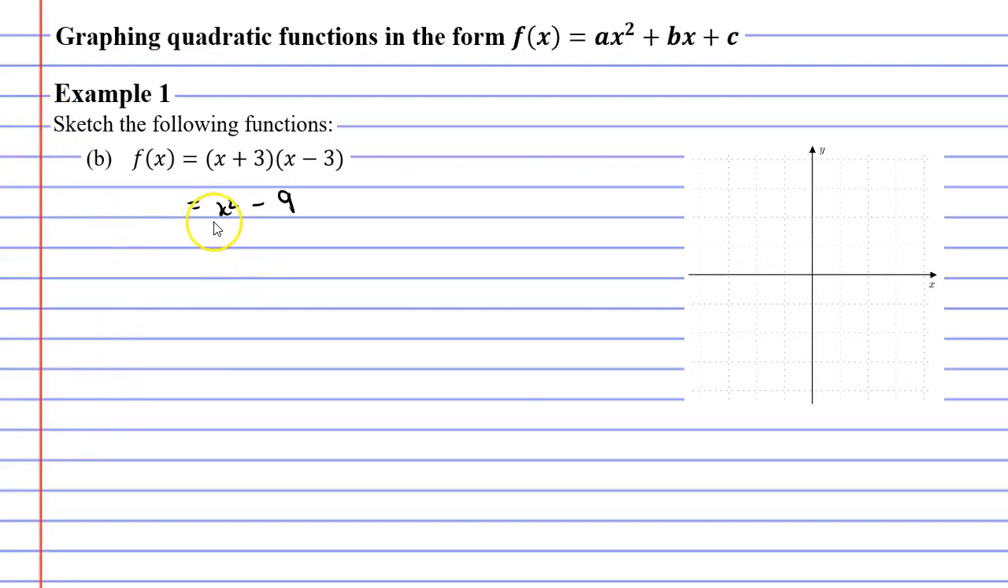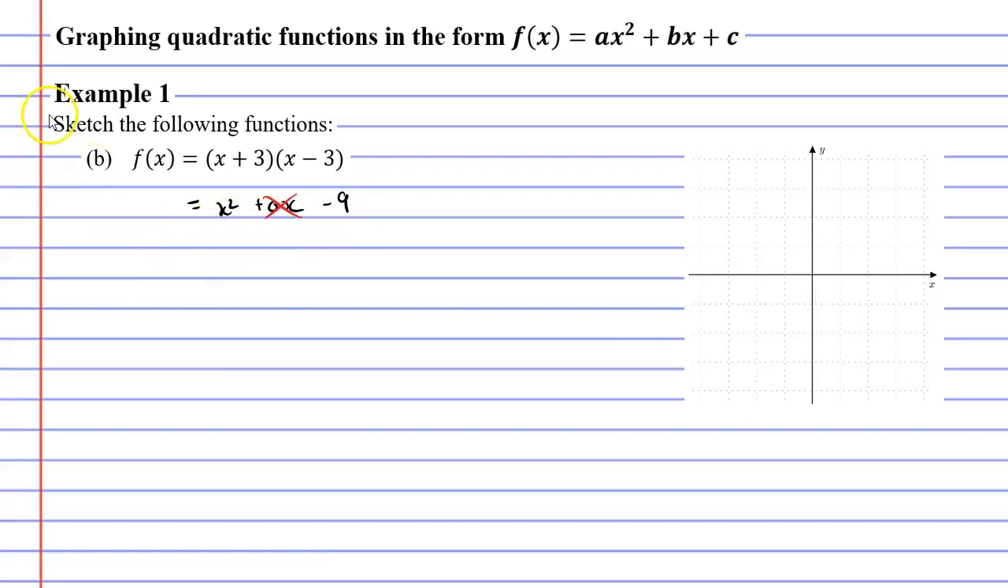Now this can throw people sometimes because it still looks like it's not in the form ax squared plus bx plus c. But it technically is, and to help you see what's going on here, I'm going to move the minus 9 a bit further to the right. So what's happening in the middle here? Well, technically we have plus 0x. So it's x squared plus 0x minus 9,